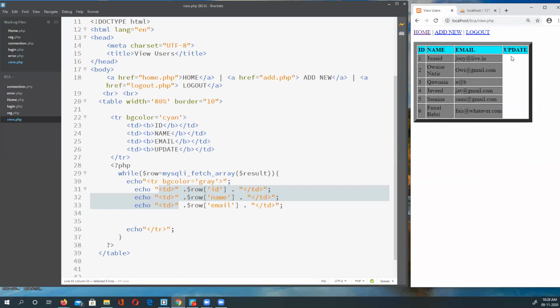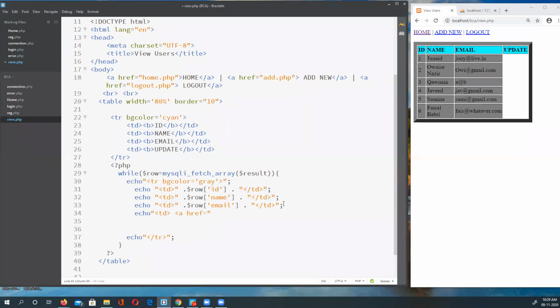Now, in the last column of this row, I need to have maybe edit, update, or delete. Two things I want here. So this last one I want here is my echo, because I have to put it in double quotes. I can't write the code like this. So this is my TD, which is my column. That means create a column. And here I will have an anchor tag with an href